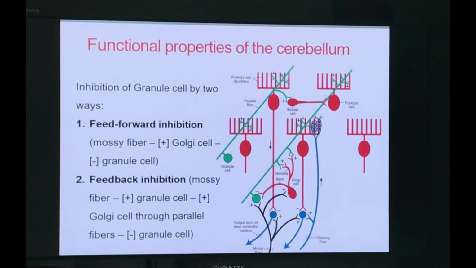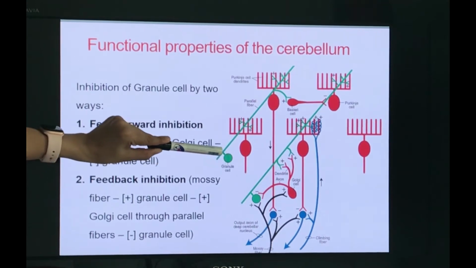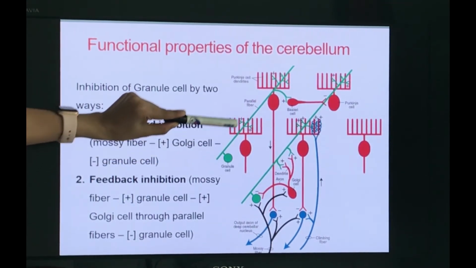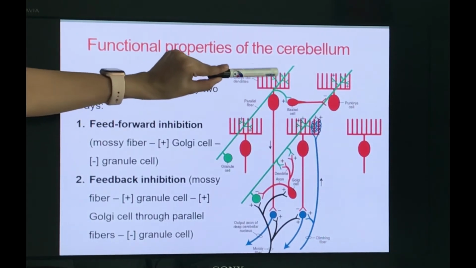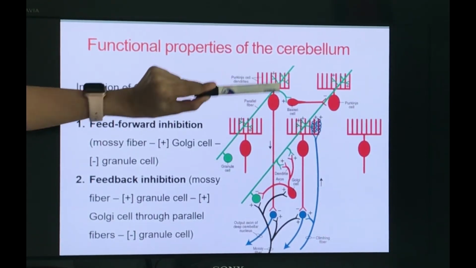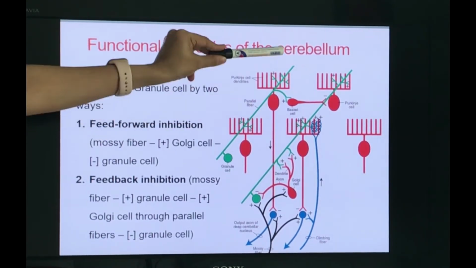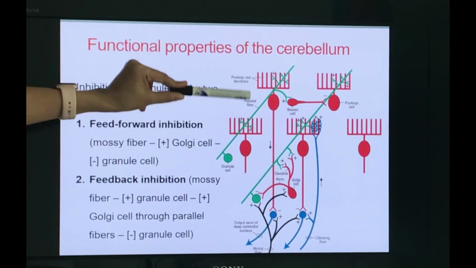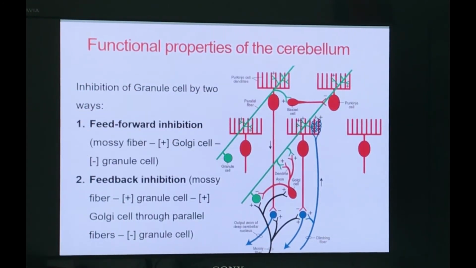Okay, and these granule cells have synaptic connection with the Golgi cell through parallel fibers. If you can see here, the granule cell axons have parallel fibers which go to the molecular layer and form synaptic connections with the dendritic spines of the Purkinje cells. When they are ascending up, they have small collateral connections with the Golgi cells as well.